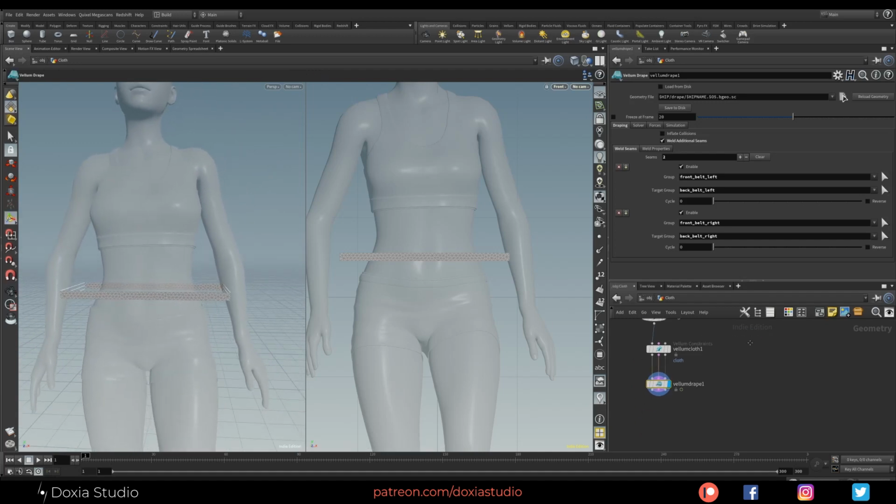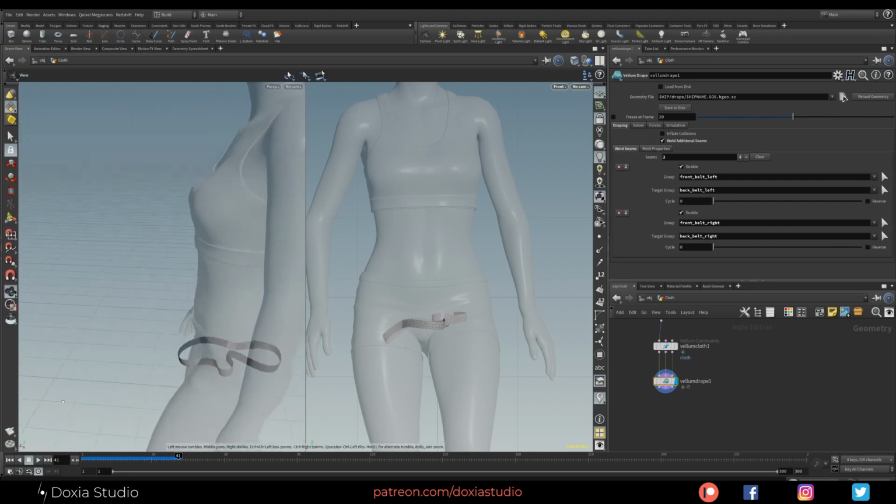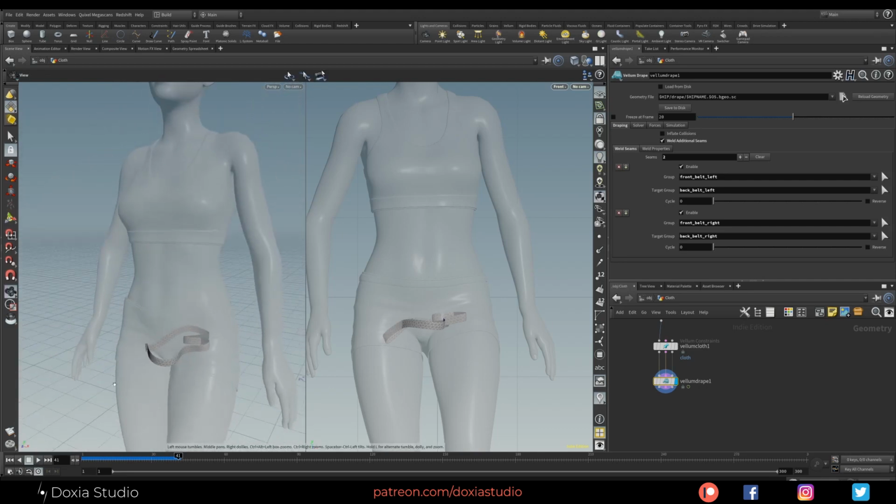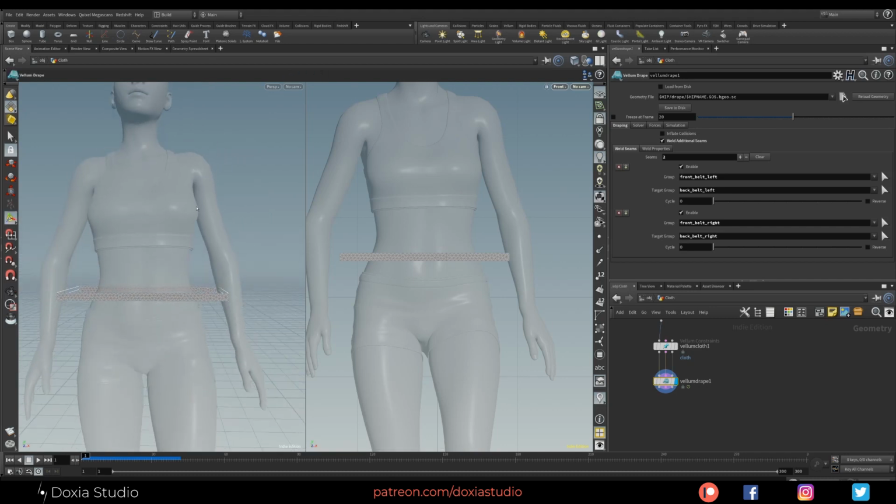Okay, now if we press play, you'll see that our cloth will fall down and try to stitch it. Cool, pretty cool. But as you can see, our cloth is inside the model, right? How can we make the model collide with the cloth on the backside?